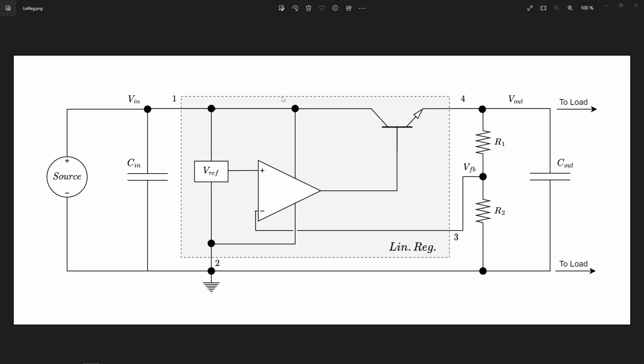Keep in mind, this is just an illustration. The linear regulator itself is contained in this light grey box and needs certain external components. The regulator, of course, is used to take a higher input voltage and convert that, so to speak, to a lower output voltage. This could be, for example, from a 9-volt source to maybe a 3.3-volt load, such as a microcontroller, and so on. Linear regulators come with many input and output voltage variants, output current variants, and more, which